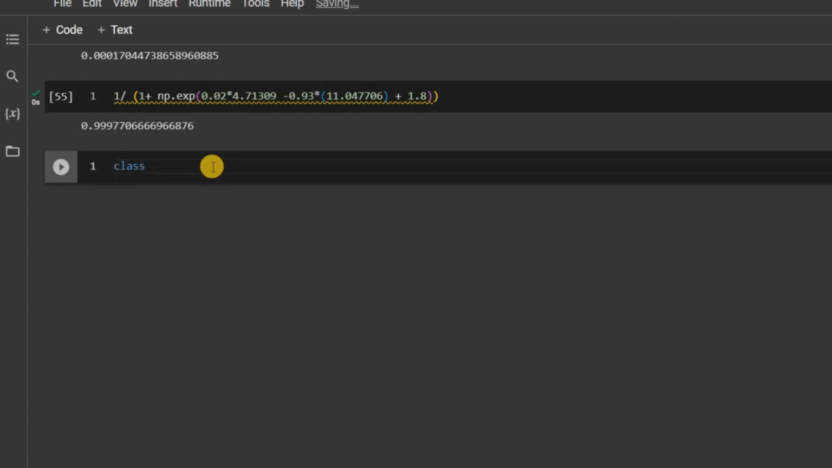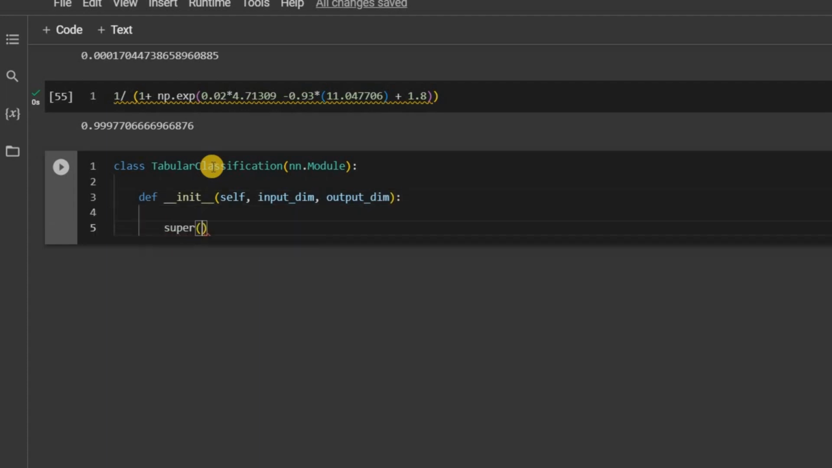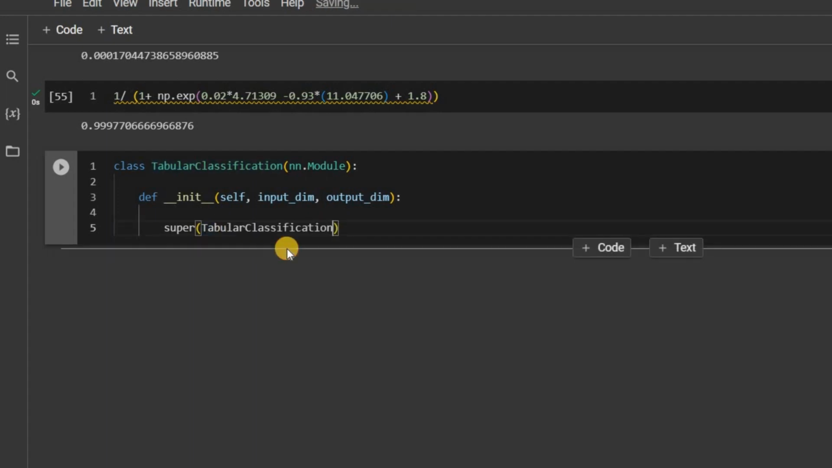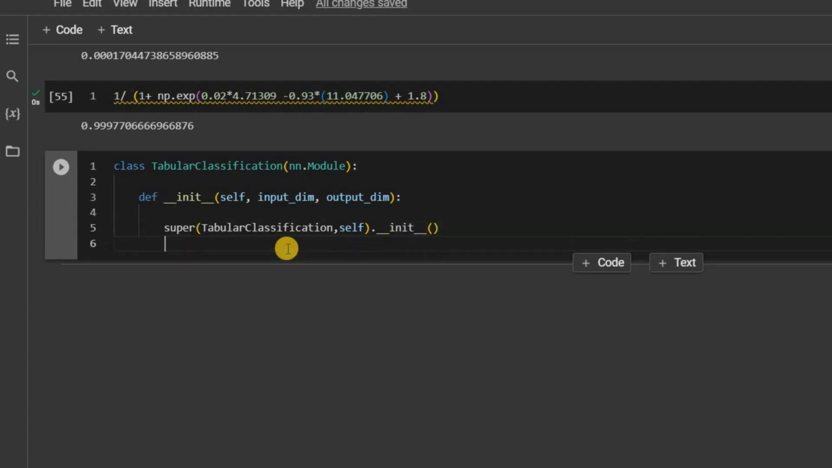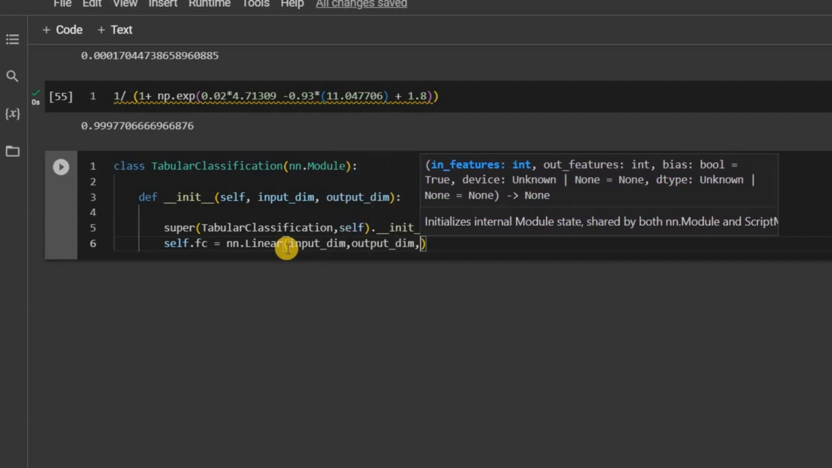So we start with the same process of creating a class for tabular classification, and we use the same nn.Module over here as well. We have an initializer which is taking two arguments, input dimension and output dimension. And the first thing we do is to instantiate the parent class, which is done like this: self dot. And then we declare the first forward connected layer, which is of the form nn.Linear. It takes into account the input dimension, the output dimension as well, and also the data